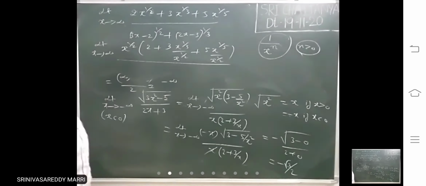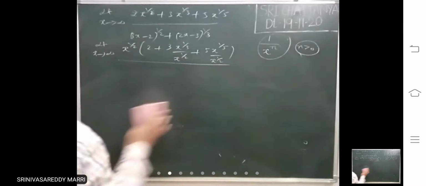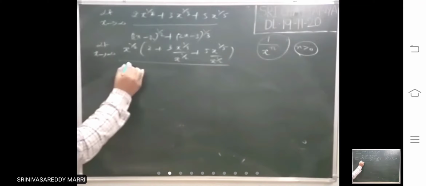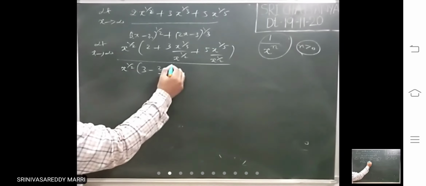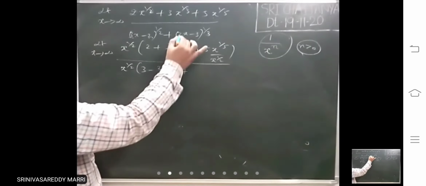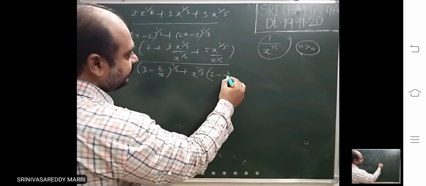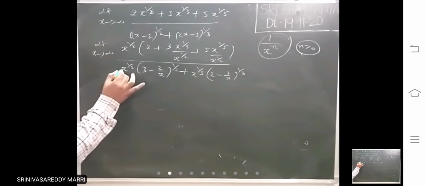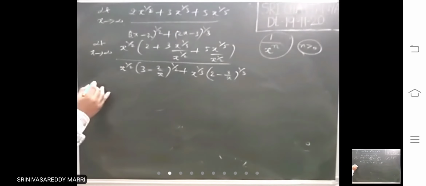Yes. So now here in the denominator, in the individual terms you take the highest degree common. Taking everything together is not possible. Here x is taken common in the root. That means x power 1 by 2 will come like this: 3 minus 2 by x whole power 1 by 2. Individually you take x common, and after that 2 minus 3 by x whole power 1 by 3. First step. Now out of these two, which is highest, you take common from these two. x power 1 by 2 is highest.